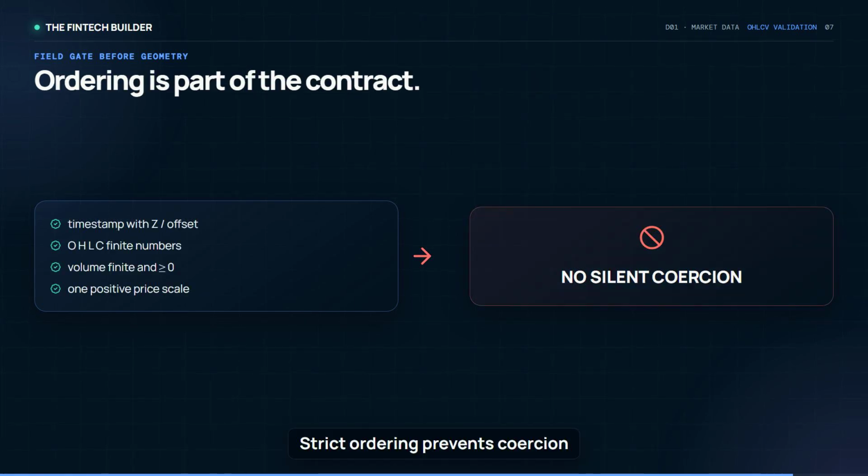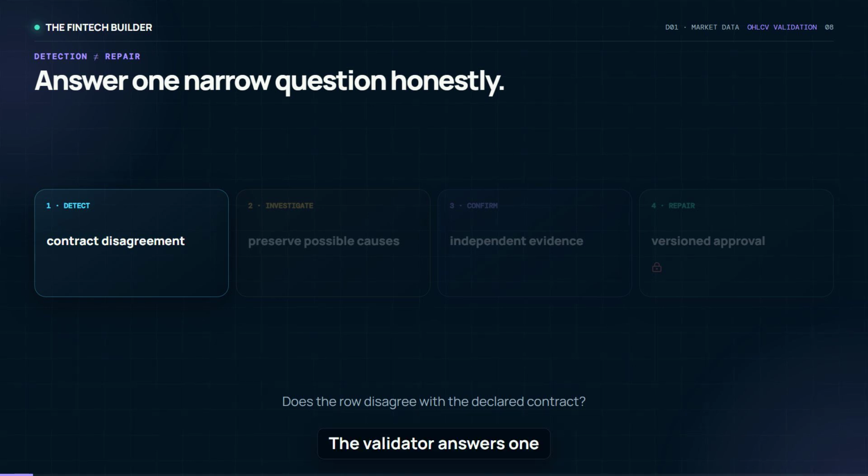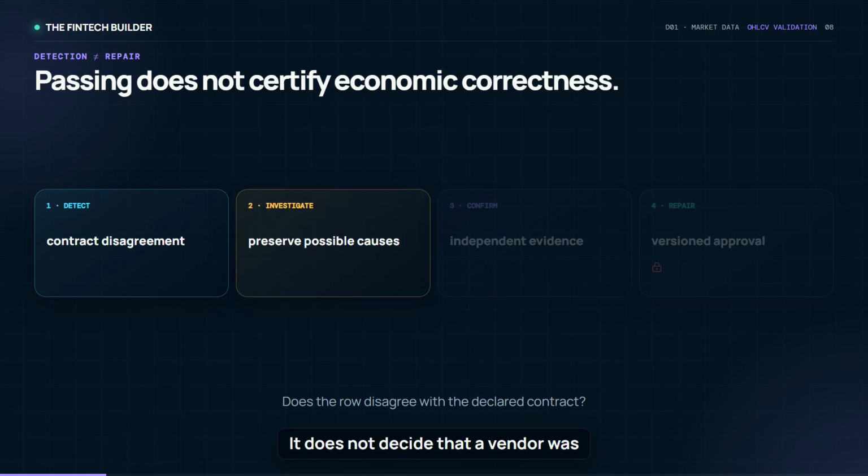Strict ordering prevents coercion from disguising a broken source contract. The validator answers one question. Does this row disagree with the declared contract? It does not decide that a vendor was wrong, reconstruct a replacement price, or certify that a passing row is